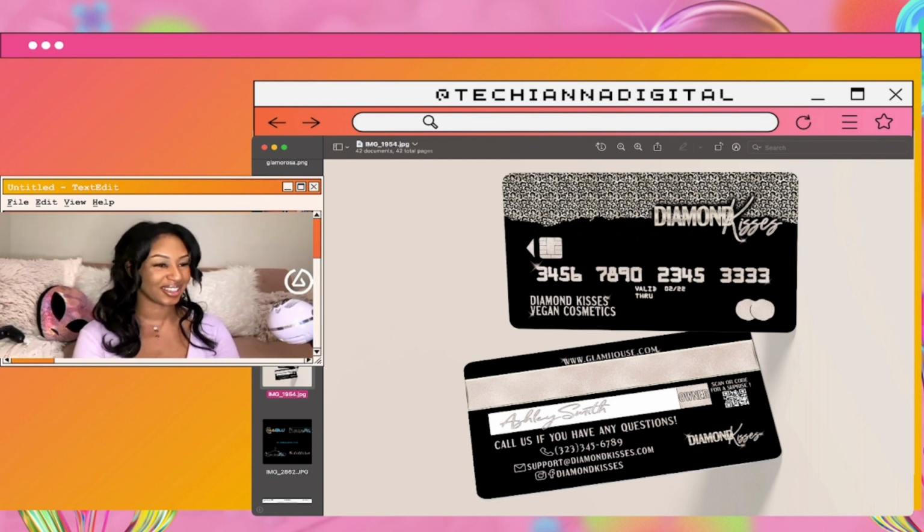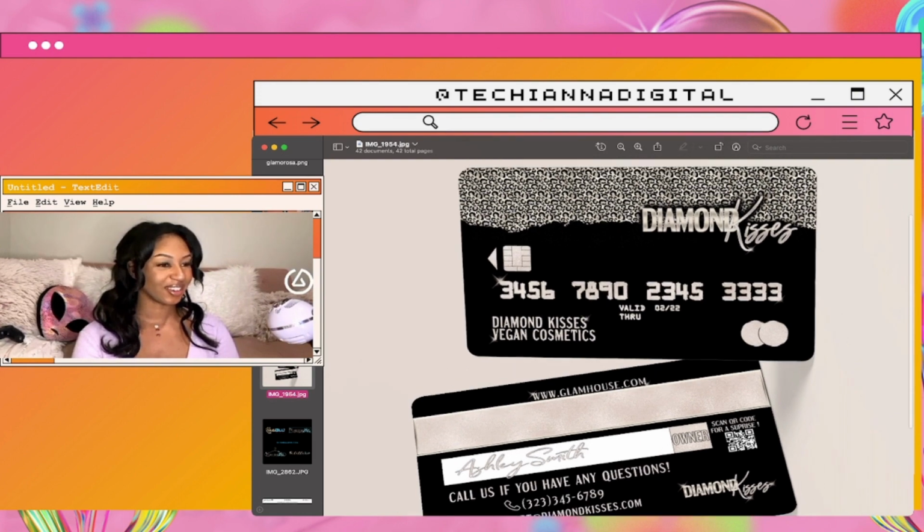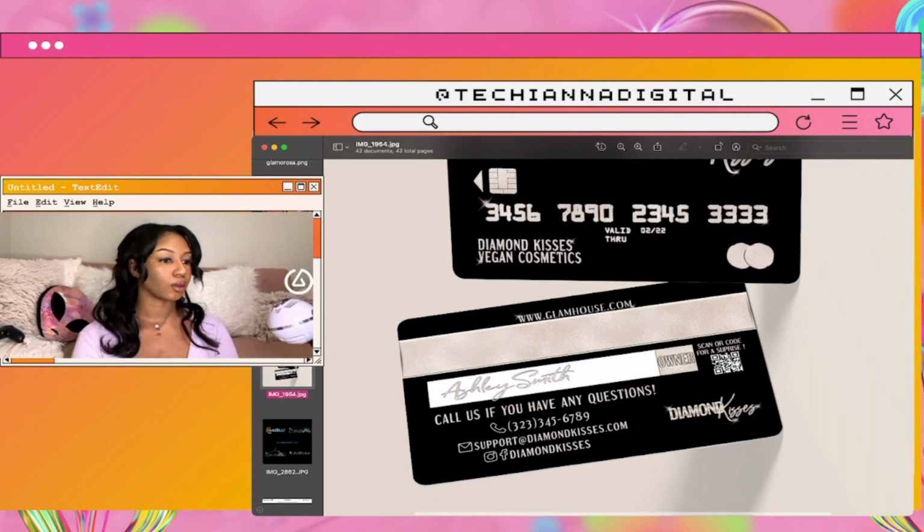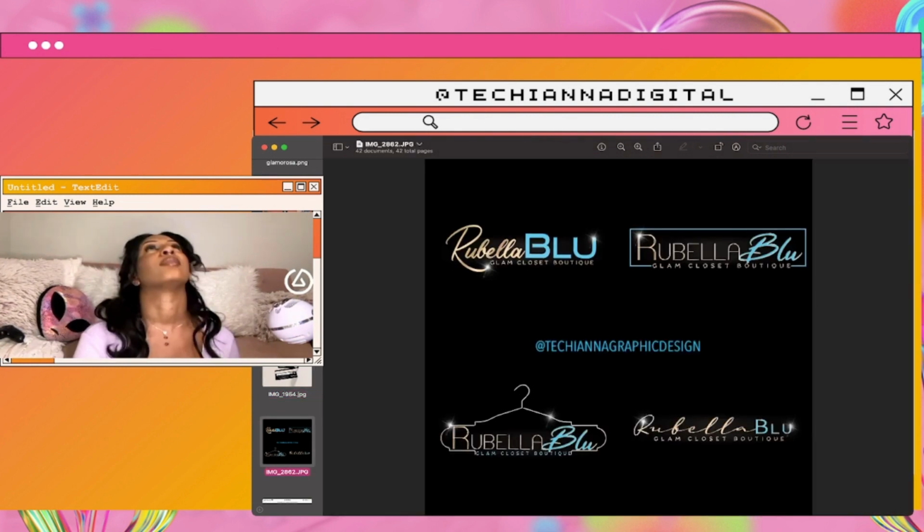So yes, this one is actually really cute. I like it, except for these random sparkles that do not go. But I like how you can read this a little better than the previous one. I definitely like that one better. So next, oh my God, this was when I